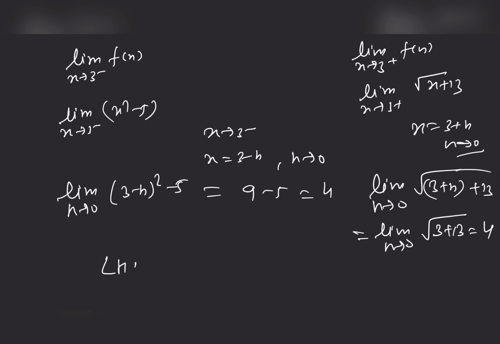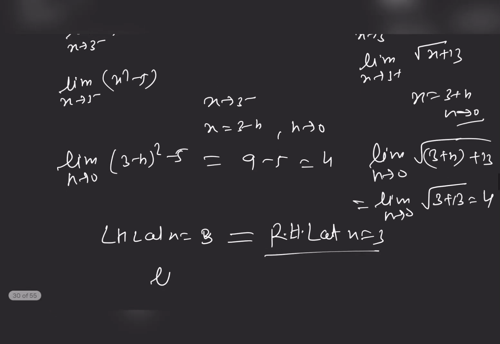So LHL at x equal to 3 is equal to RHL at x equal to 3. Therefore the limit as x goes to 3 of f of x exists. Both are equal and both exist also, so it is